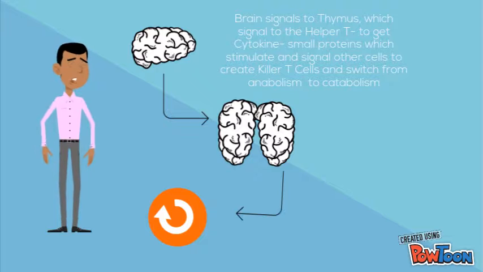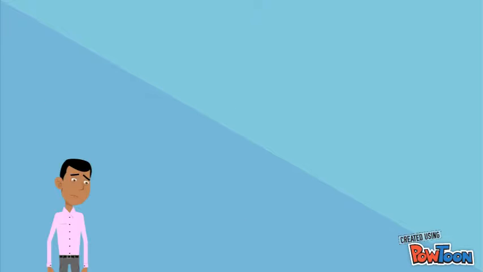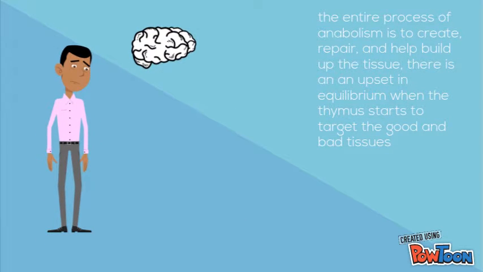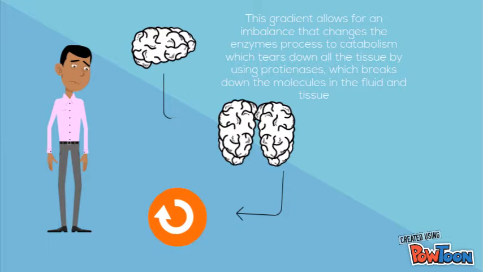Now the brain signals to the thymus, which signals to the helper T to get the cytokine helping, which is made of small proteins, to stimulate other cells to create killer T cells, which switch the entire system from anabolism to catabolism. The entire process of anabolism is to create, repair, and help build up the tissue. There's an upset in equilibrium when the thymus starts to target the good and bad tissues, and it changes over